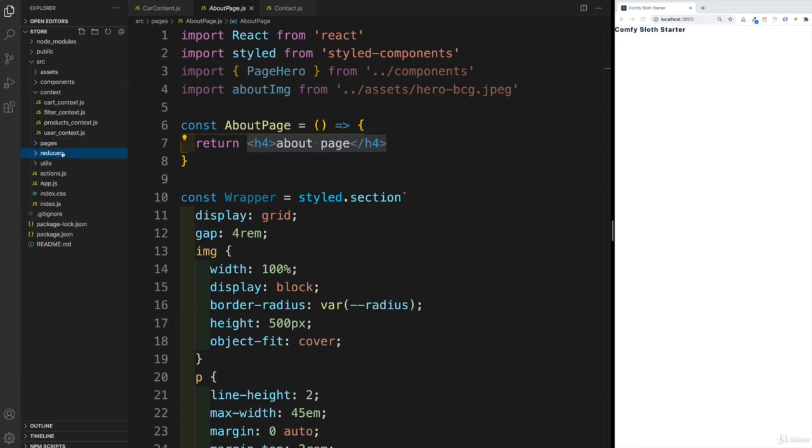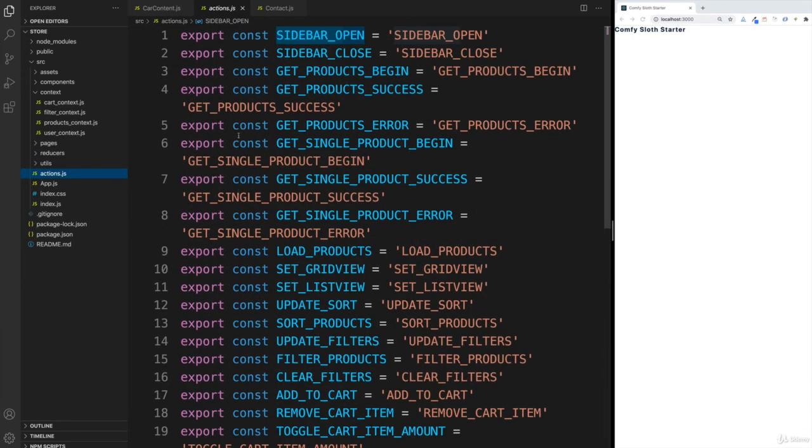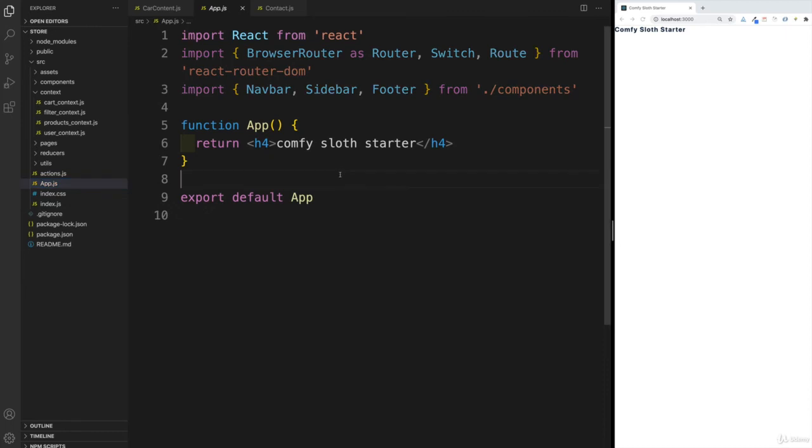Of course, then we have reducers, which we already covered. We have a bit of util functions, and I'll talk about them once we get there. There's really no point of making it more difficult than it should be. For now, don't worry about them. And like I said, actions, which we're going to use in our useReducer. Of course, App.js. This is where all our application will meet.